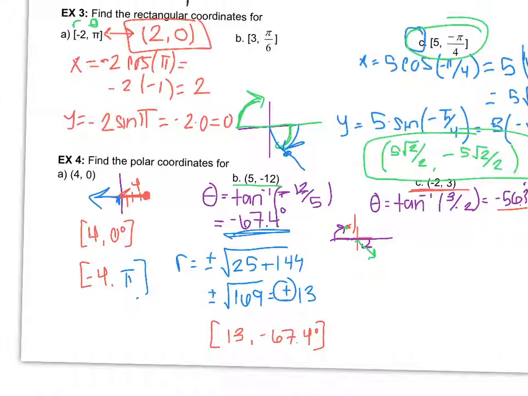So once we calculate r, we would just have to make sure we either choose the negative value, or before we do that, go ahead and just add 180 to this negative 56.3, and that would give us 123, which would be the actual positive value of theta. So I'm going to do that. I'm going to stick with that positive value of theta by adding 180 to the negative 56.3, and you get 123.7